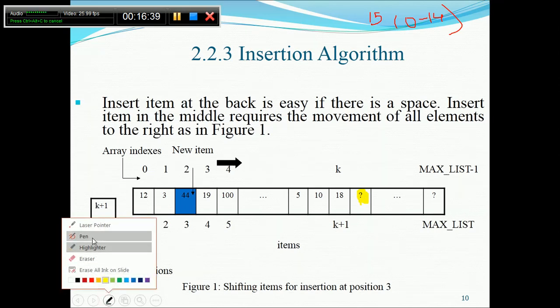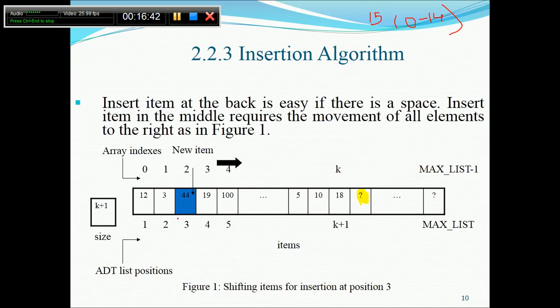But if somebody wants to add in between, at this position, you have to move all the records. Suppose it is already filled. From here to the last, all elements must move. Suppose you are storing at the second index. From 44 to 18, every element will go plus 1. That is, the element currently at the second index should move to the third index. This should go here, and similarly this will go here, and after that this space can be utilized to store the new record.